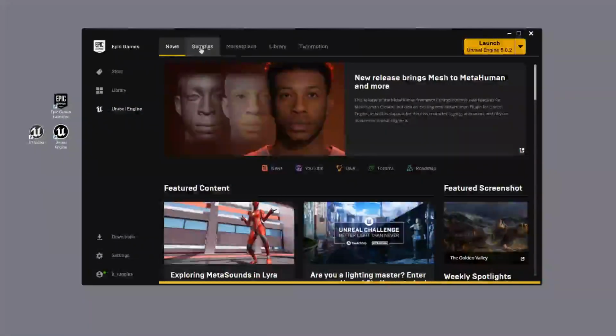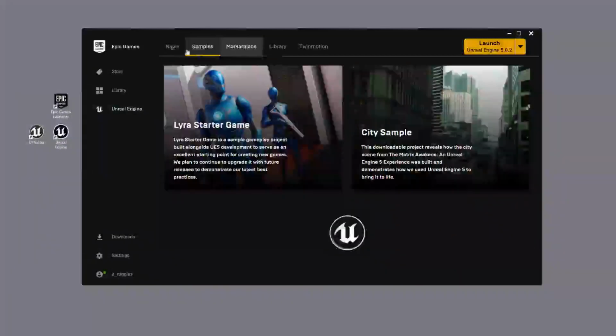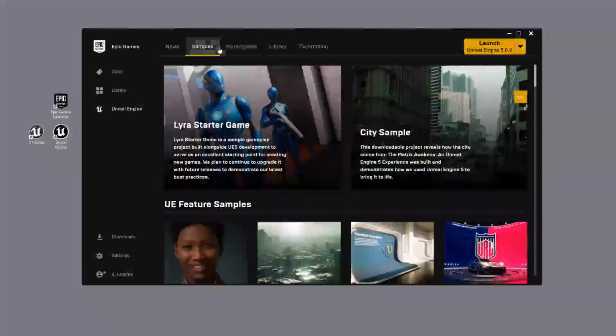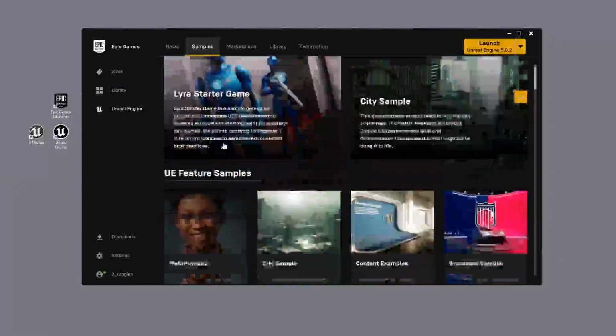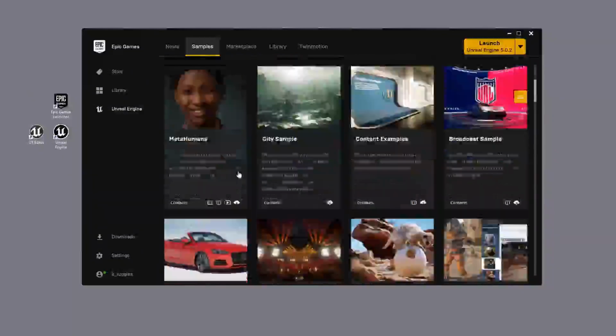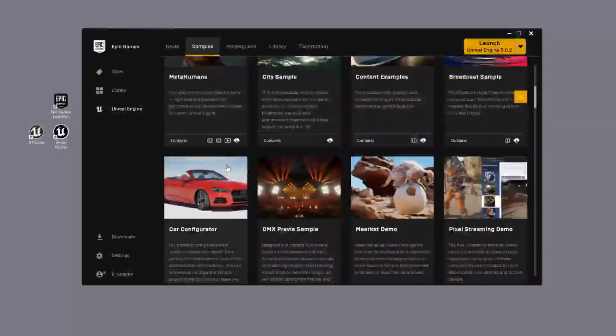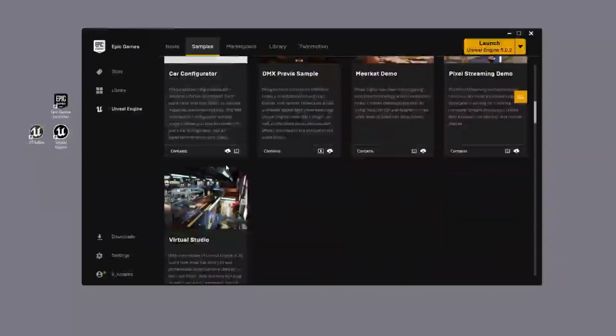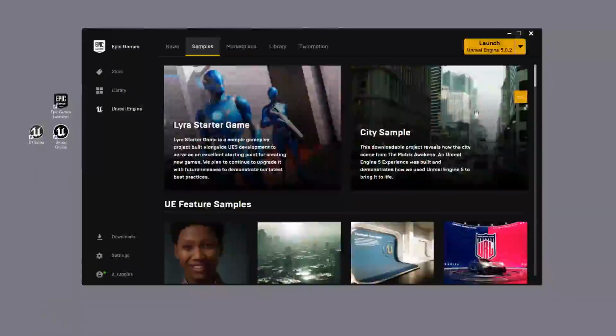So moving right along, we have some samples as well as the marketplace. These are kind of one hand washes the other with this. So this would be a good place to download different starter projects just to get an idea of, kind of mess around and learn a little bit more about Unreal. So it's already created for you. Many of them are free and